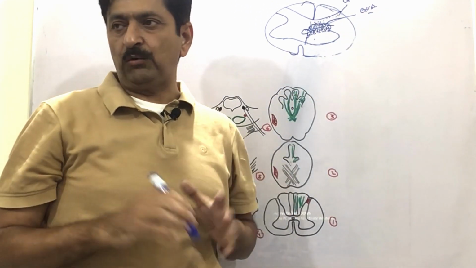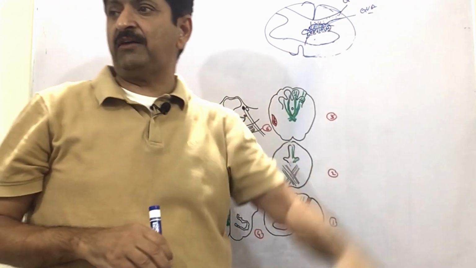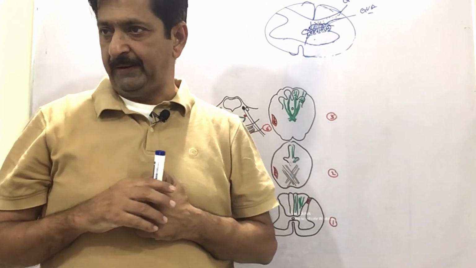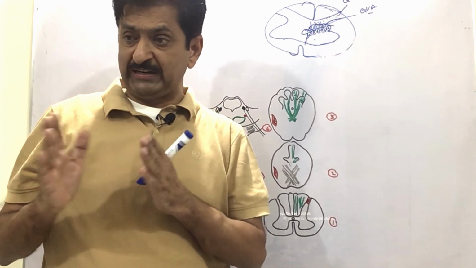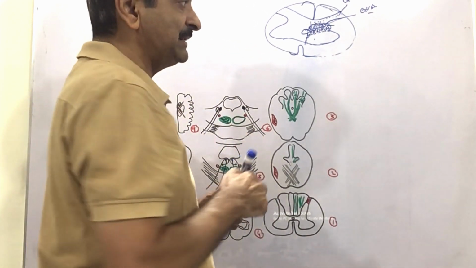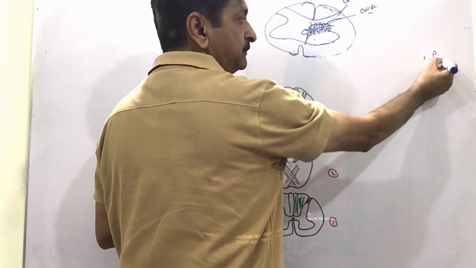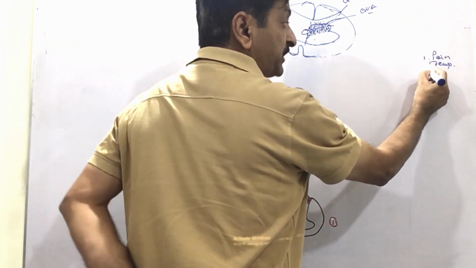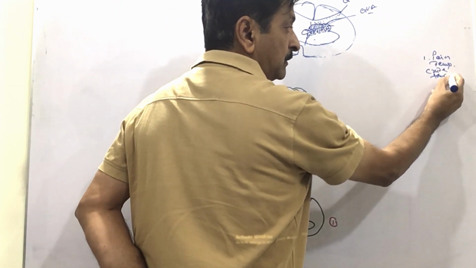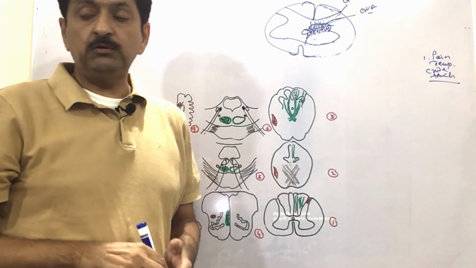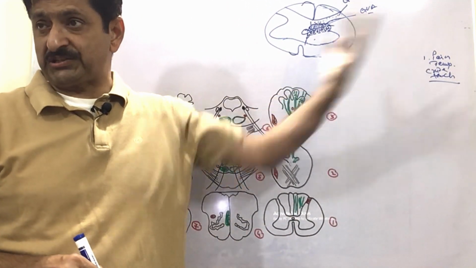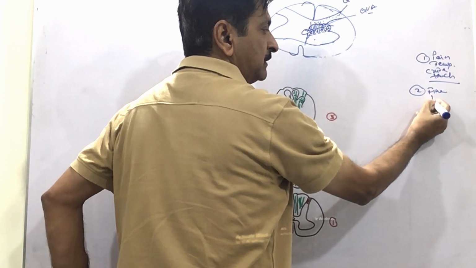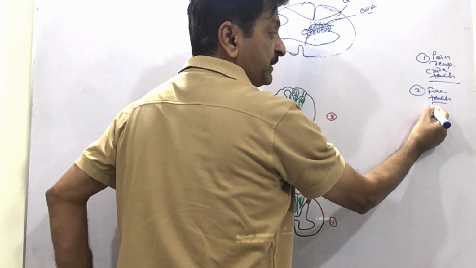So we have two areas here, but we have already told you that the general somatic afferent area is gathering sensory modalities, of which there are three categories. You will not divide them into separate modalities. In the first category, number one, it is pain, temperature and crude touch. I will tell you what crude touch is when we discuss what fine touch is. Then the number two category is fine touch, and a very important one, vibration.